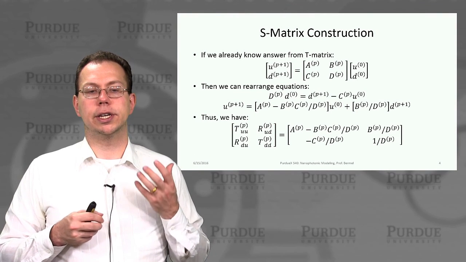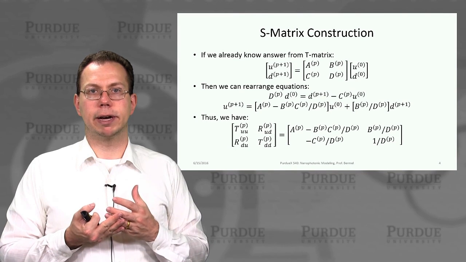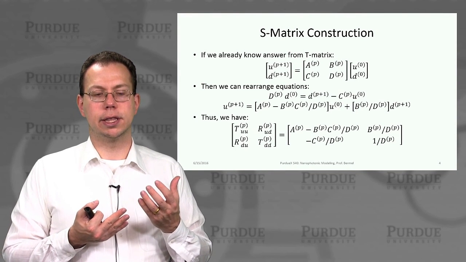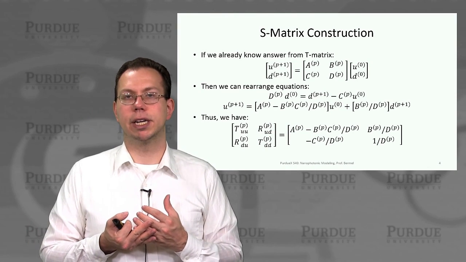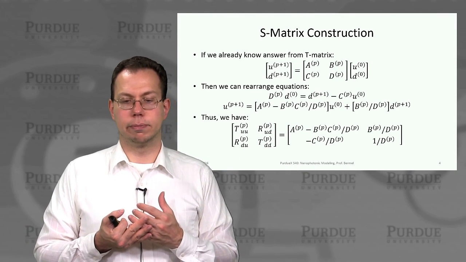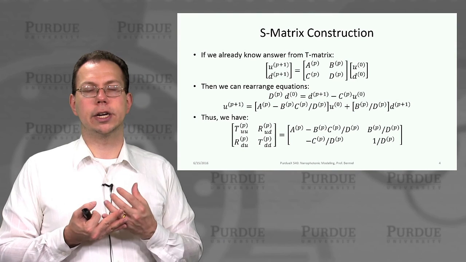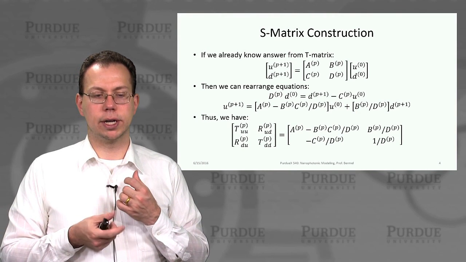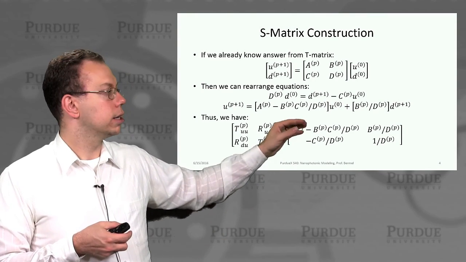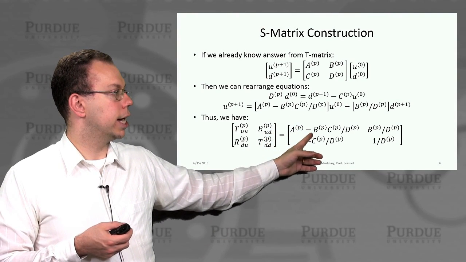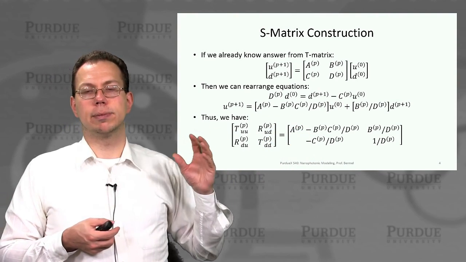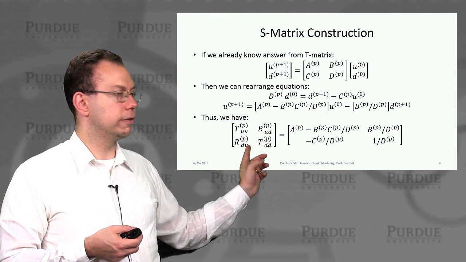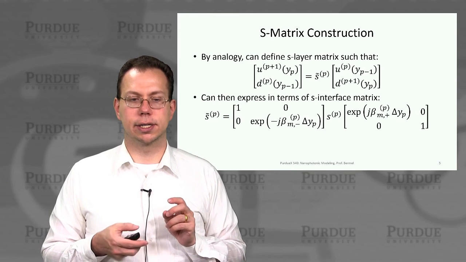And so then that actually directly allows you, just by resolving the same set of equations that we started off with in the T matrix, to write down an S matrix equivalent term. And so we're doing that analytically, so that means that there's no numerical loss in accuracy at this point. And we can then equate each of these terms that we got in this new S matrix formalism to the physically motivated transmission and reflection coefficients in the S matrix.